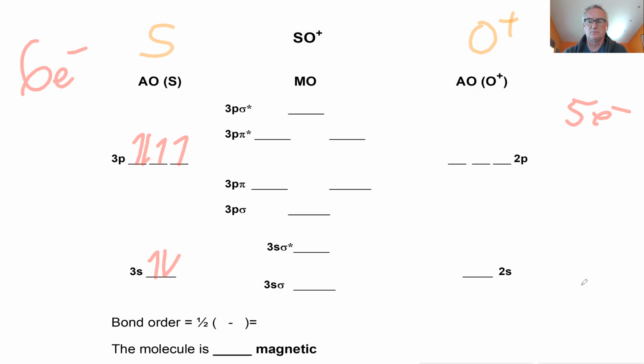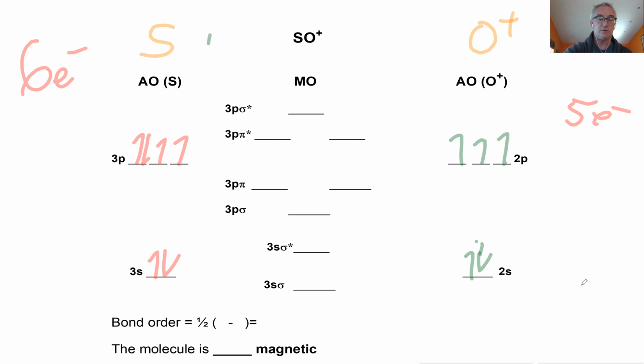Same thing, fill up the S shell with 2. Okay, 1, 2. And then all pointing up on the P shell: 1, 2, 3. Right, so those are all completely unpaired in the oxygen. Usually we have 2 there, just like with sulfur, but since we're missing one, that is going to change it up. So we lose one of the P's. All right, so we have our sulfur, we have our oxygen plus.